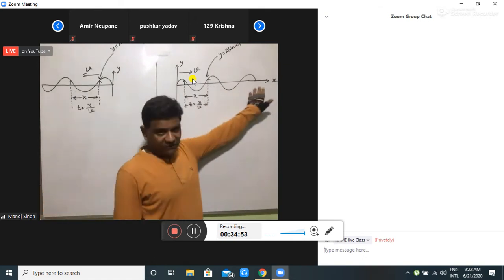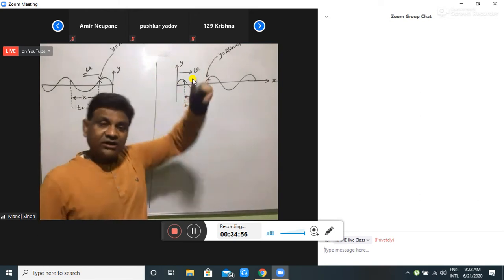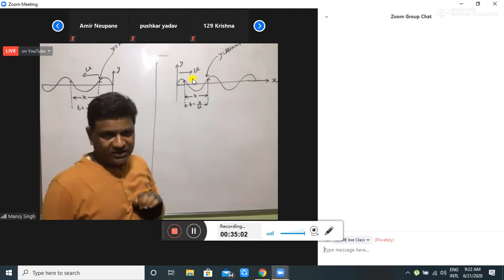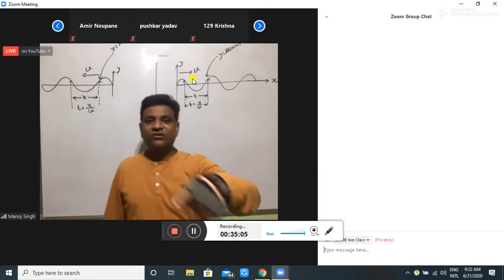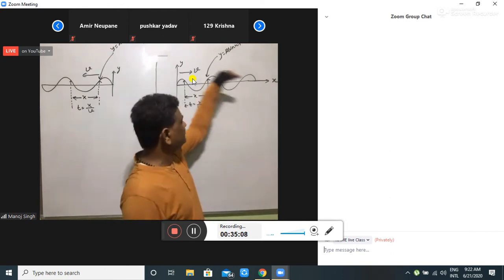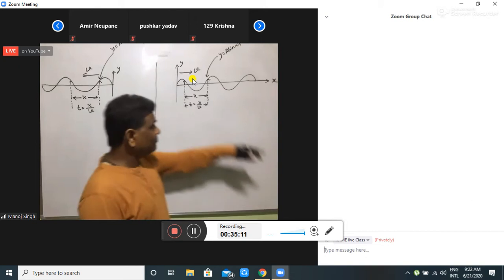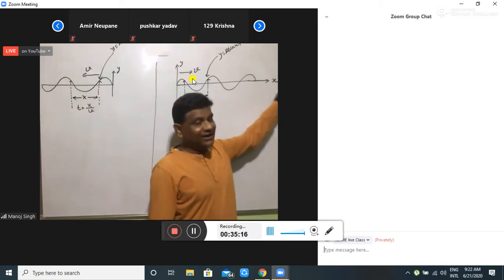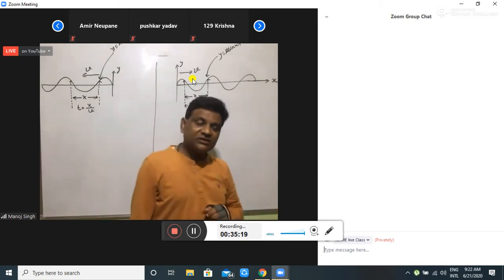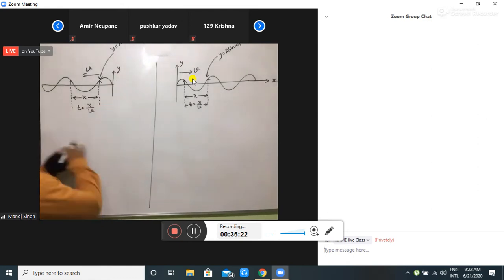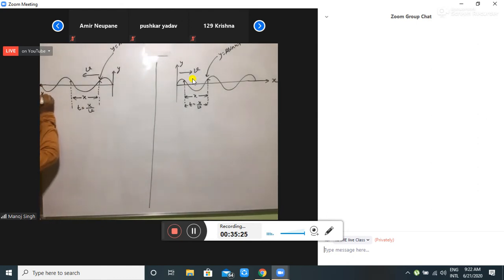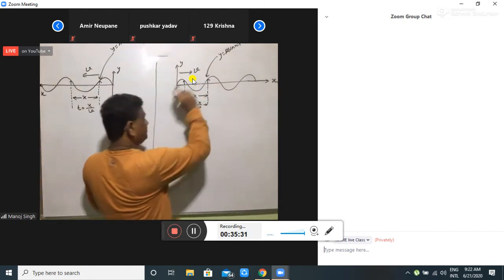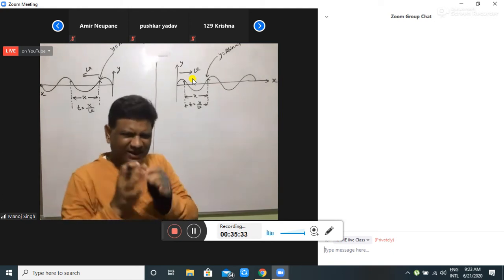Okay, this is the diagram of a wave. Y is the direction in which particles are oscillating, and X is the direction in which the wave is propagating. Particles are the medium, and X is the direction in which the wave is propagating. Here it is also Y, and here it is X. Here this is one particle, and this is one more particle. I have taken two particles, but there will be infinite particles.